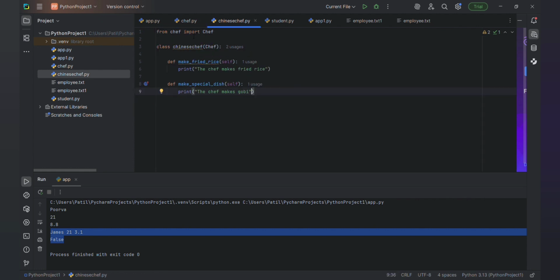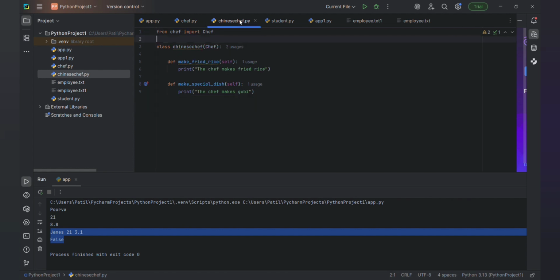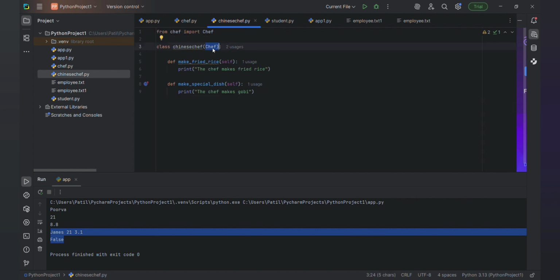Here I have imported chef, from chef import this. Basically you can write this here also, like class ChineseChef of chef. So here the chef class I have inherited from that chef.